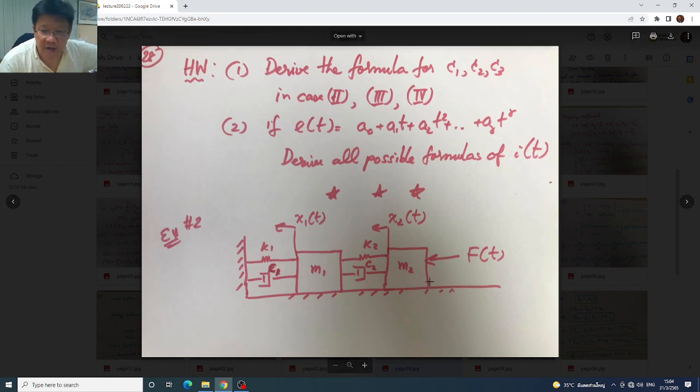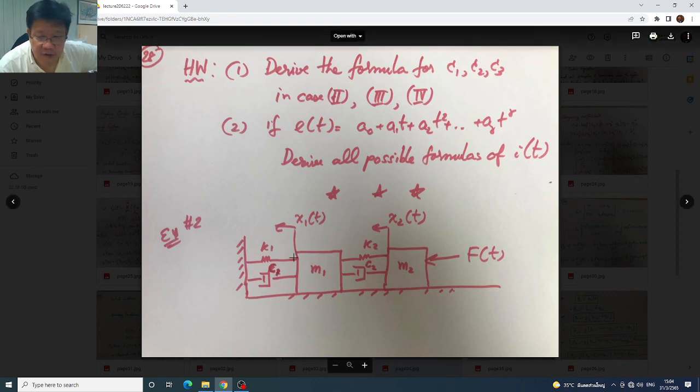The two masses are connected with classical mechanical elements: the springs with constants k sub 1 and k sub 2, and two dampers, first order system elements C sub 1 and C sub 2, and then certainly the second order elements, these two masses M sub 1 and M sub 2. From this figure,